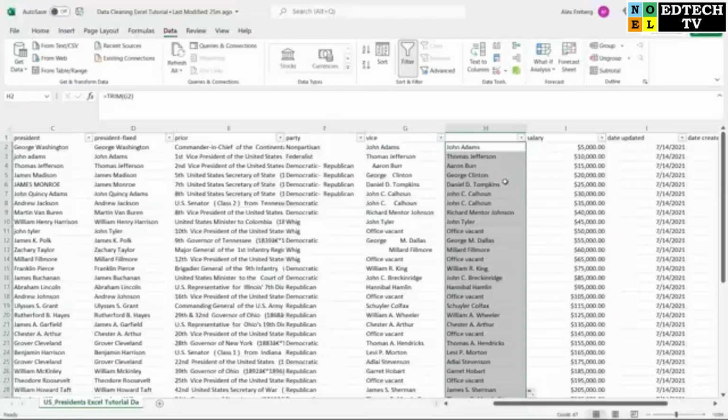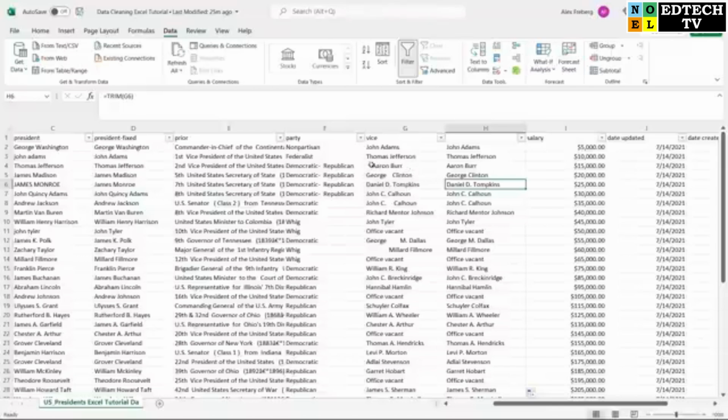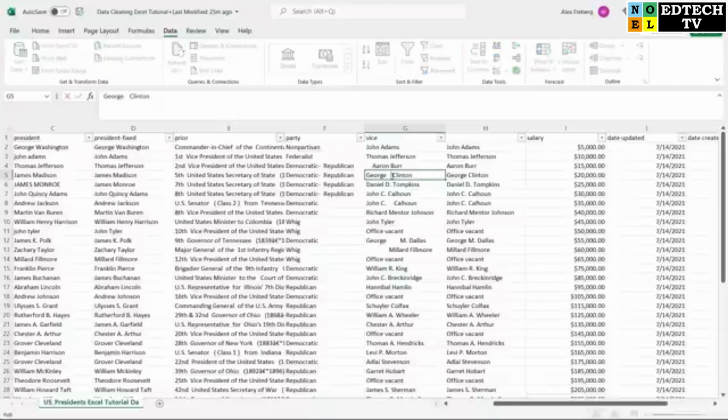What is so fantastic about the trim is that it's really intuitive and it knows basically everything it needs to do. For example, it gets rid of the spaces before, it gets rid of extra spaces in the middle, and it'll get rid of extra spaces at the end, which you wouldn't be able to see, but they are there, and they absolutely can cause issues. If you have spaces at the end that you cannot see, let's take this one for example. Like if I had spaces at the end,